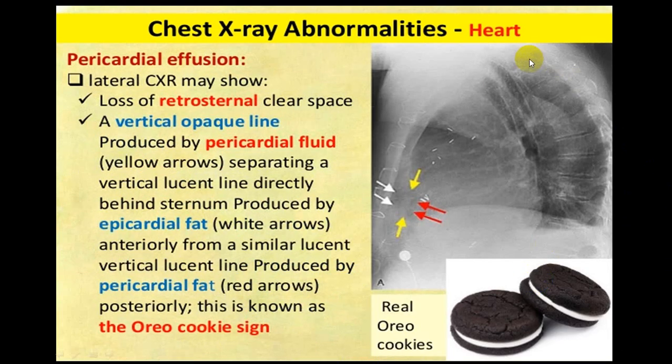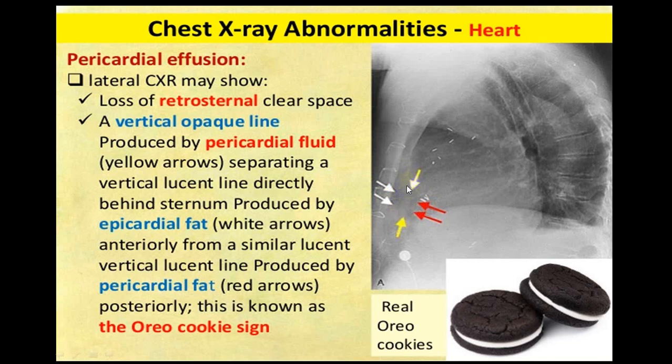There is another finding you come across in a lateral view. In a lateral view, this is retrocardiac, this is retrosternal. In the retrosternal area, you can see the sutures, so some surgery must have been done before. This is called Oreo sign. If you see this black line in between, there is one shadow here, and between that shadow there is a little black line here. This is because of epicardial fat, this is because of pericardial fat.